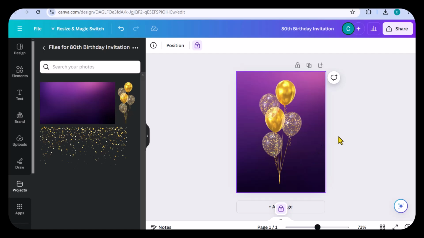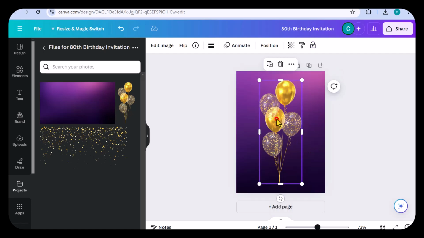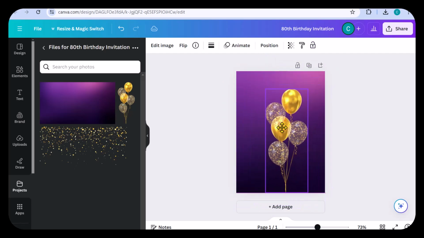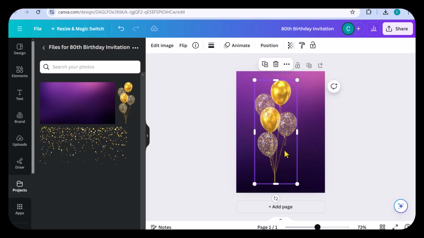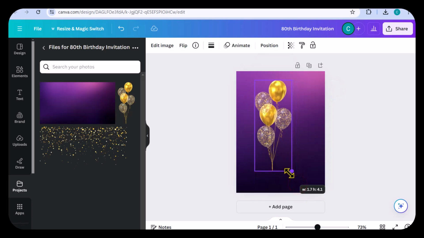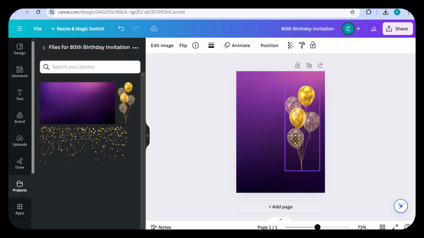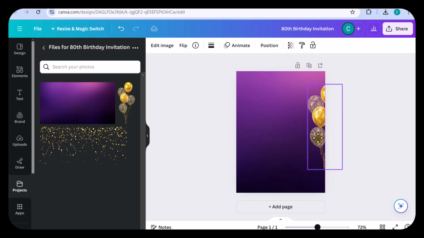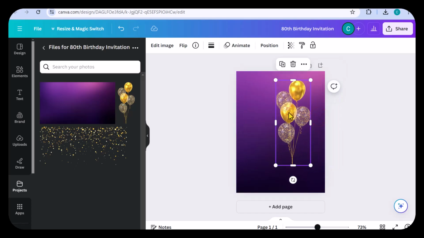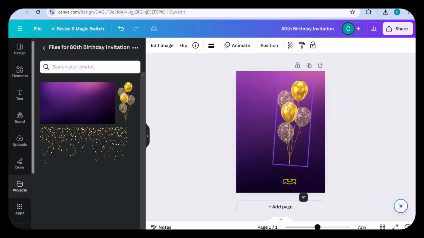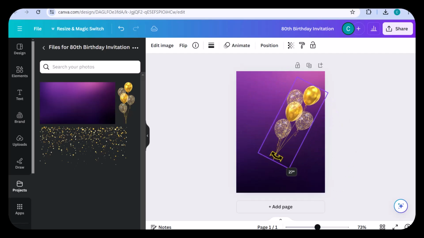Once I've locked the background image within the frame, I am now able to move this image as I need to. I'm going to scale it down just a little bit. Alright, so currently it's at a height of 3.9 and a width of 1.6. Let us see how that looks. And I'm going to just pull it over to the edge of the page. We can always rotate the image by selecting the image and, of course, clicking and moving this icon here from side to side. We're able to rotate the image as we need to.